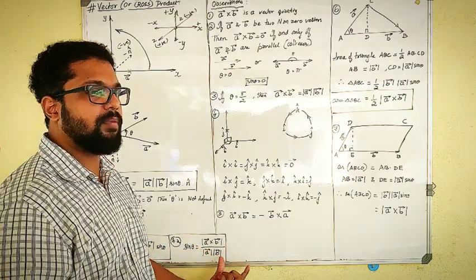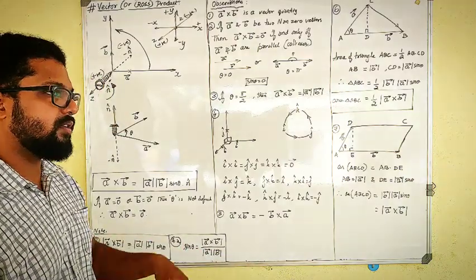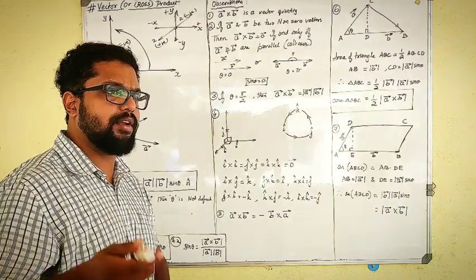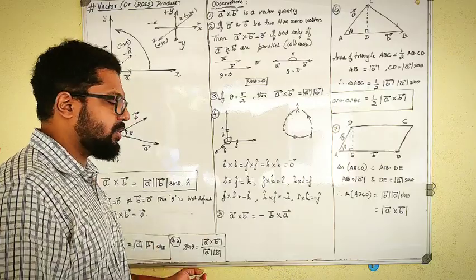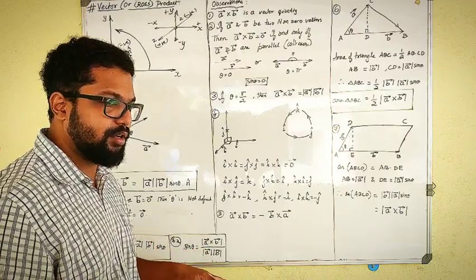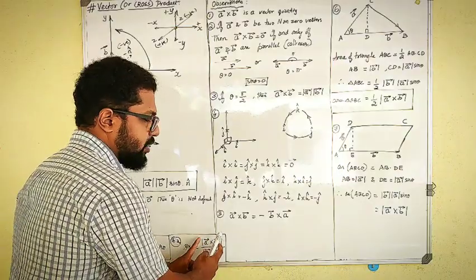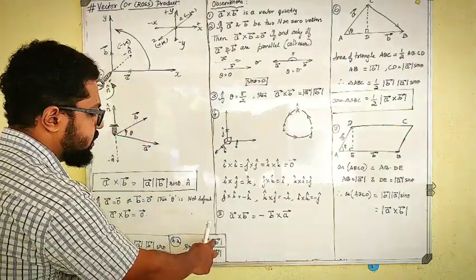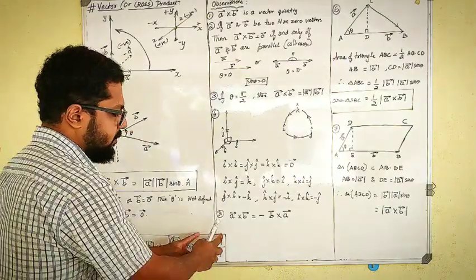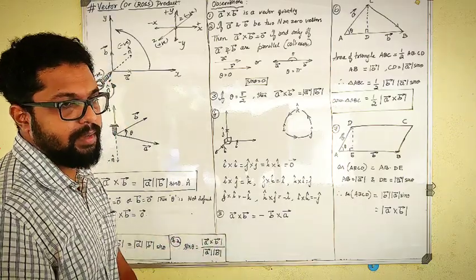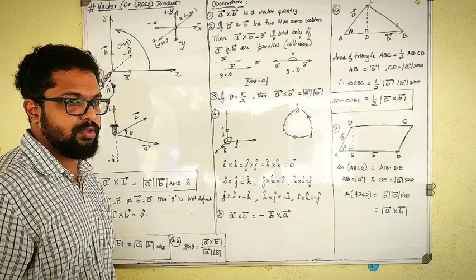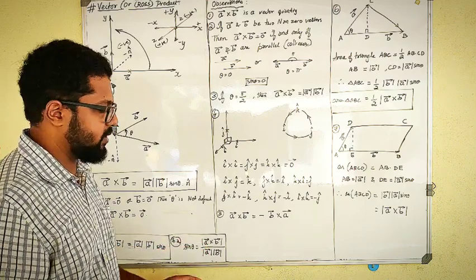As we have learnt in the dot product already, theta is cos inverse of A dot B divided by magnitude of A, magnitude of B. Correct? And similarly, theta is equal to sin inverse of magnitude of A cross B. Don't forget, magnitude is there, otherwise A cross B is a vector quantity. So this will be a magnitude, divided by magnitude of A, magnitude of B. Sin inverse of that, so you find the angle. Okay?